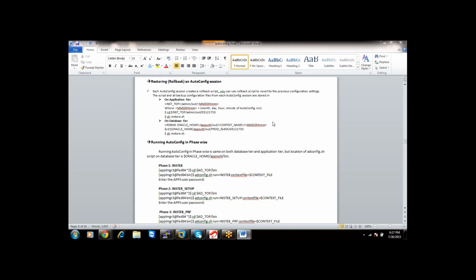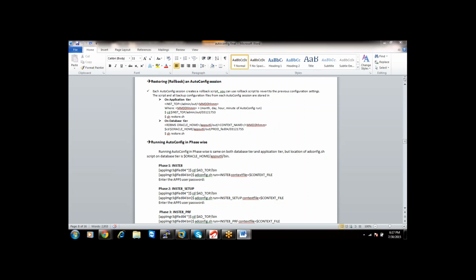You have manually updated that configuration file, instead of running autoconfig, and by mistake, unknowingly, someone has run autoconfig. So how do you restore that particular configuration file? Unfortunately, you have not taken a backup of the existing configuration file.